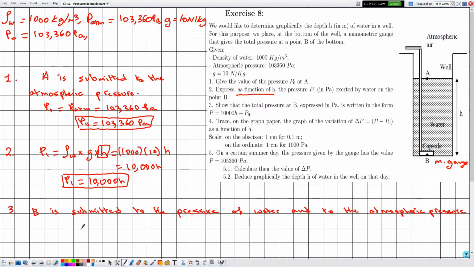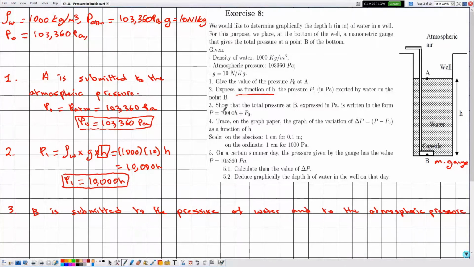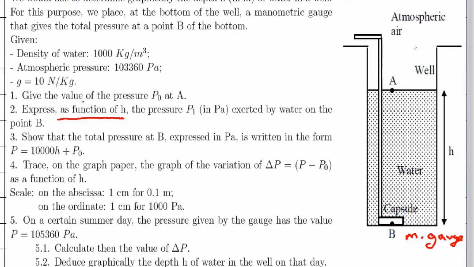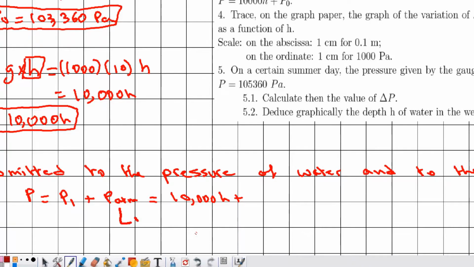So in this case, this statement is important and they usually give it half a mark. The total pressure at the point B, which is denoted by simply P, is equal to the pressure exerted by water. Sorry, it's given by P1 plus the atmospheric pressure. Now, the value of P1 is given by 10,000 H, whereas we have proven in part 1 that the value of the atmospheric pressure is equal to P0. So now replacing the atmospheric pressure by P0, we got